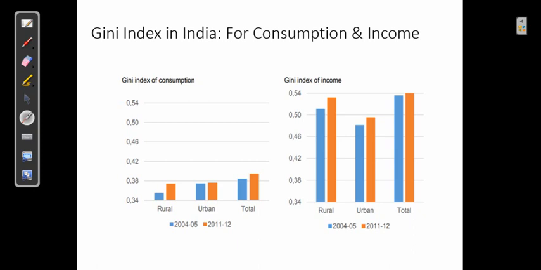So taking these two together, the overall income inequality in India also is quite high. It's touching nearly 0.554 in 2011-12, while in 2004-5 also it was near 0.54, which means that more or less in these 7-8 year period, in this time gap, income inequality has not improved, it has actually deteriorated.